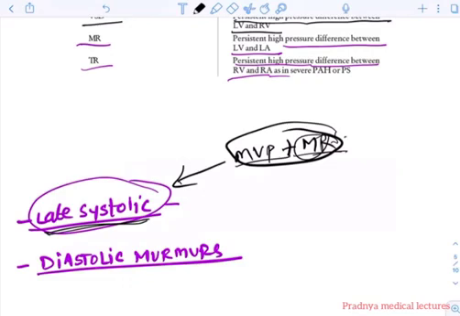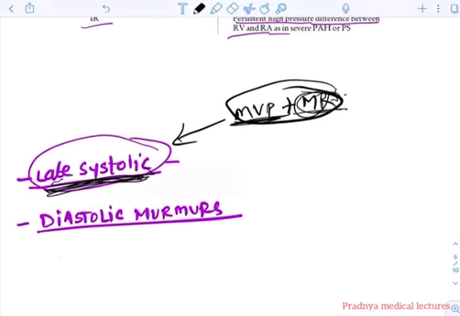Now in MR we know there is a pansystolic murmur, but in MVP what happens is there is systolic billowing of the mitral valve during the start of systole. So there will not be any murmur at the start of systole because the valve is billowed into the atrium. It will take time for the valve to come into place, and that's why the murmur is late systolic, even if mitral regurgitation is there. So this is the classical example of late systolic murmur, mitral valve prolapse with mitral regurgitation.